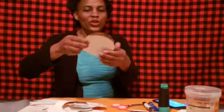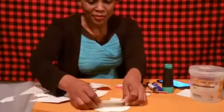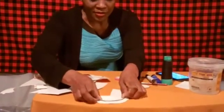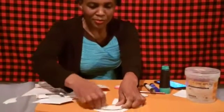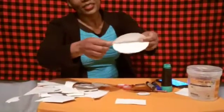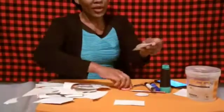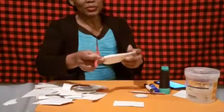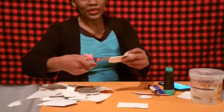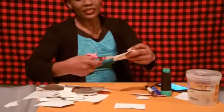We are going to fold my two circles like this. We have a space down here, so they should be like this. Then I'm going to use my scissors. Remember the two circles are attached together. I will cut like this line,